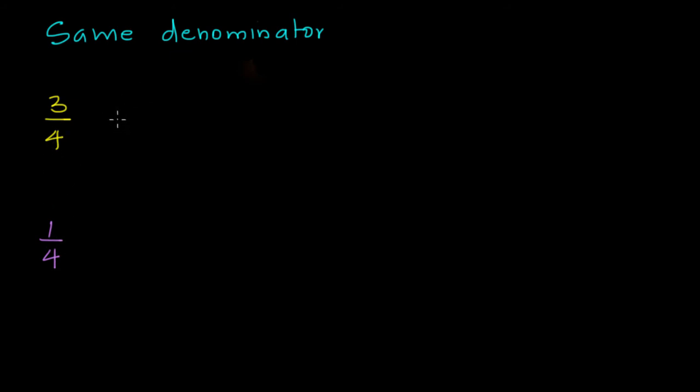So let's look at the situation where the denominators for two fractions are the same, and let's call this the same denominator. And let's figure out then which fraction is bigger. So for example, let's take the example of 3/4 and 1/4. You notice that the denominator is the same in both the cases, and let's now see how